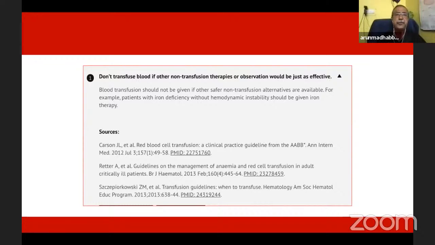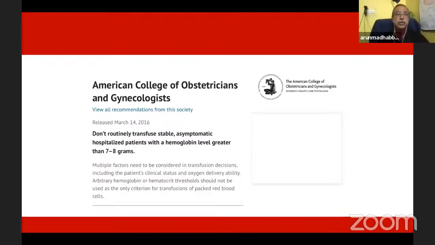They say do not transfuse blood if other non-transfusion therapies or observation would be just as effective. Blood transfusion should not be given if other safer non-transfusion alternatives are available. For example, patients with iron deficiency without hemodynamic instability should be given iron therapy and not blood transfusion. The guidelines also say do not routinely transfuse stable asymptomatic hospitalized patients with a hemoglobin level greater than 7 to 8 grams. So it doesn't mean that